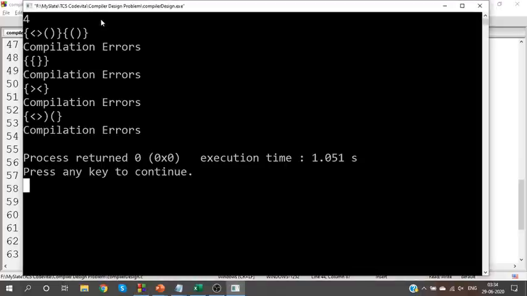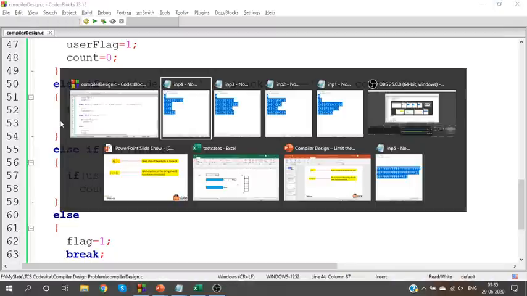Okay, next one. Same thing, guys. Here we have extra brackets, error. Here looping is present, not within any function, just like that looping is present. So we have a compilation error. Here brackets are not balanced. Main should be present within open and close. Since it is not balanced, we have an error. And here, same thing. User defined brackets are not in the correct order, so we have a compilation error. Okay, so the output is correct so far.